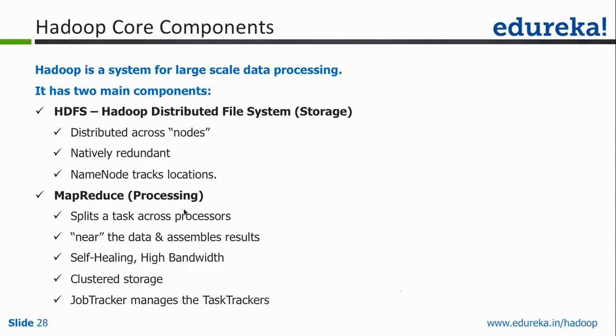Okay, and if you look at that powered by link which I pointed you to earlier, you will see the kind of clusters people have built, the kind of data, the configuration of machines which can be used for data nodes, and the configuration of machines which can be used for name nodes. Now the data is put across data nodes. They are natively redundant, which means the redundancy is built in, in the sense that all the data present on one node is replicated on other nodes as well